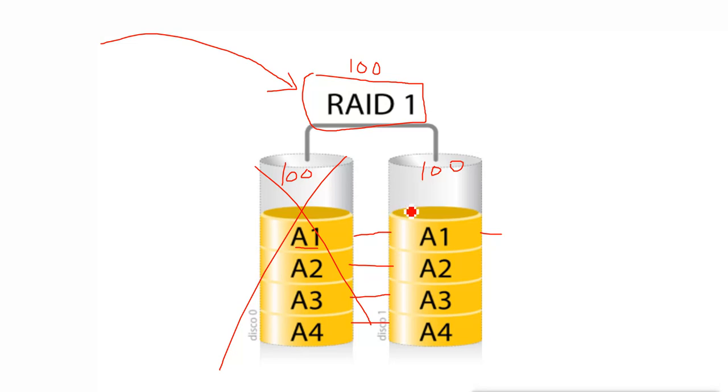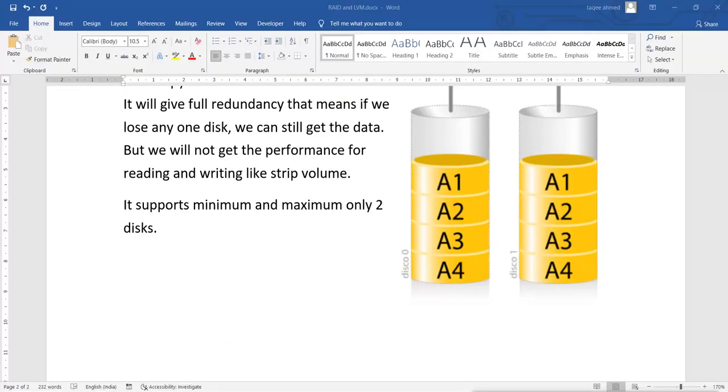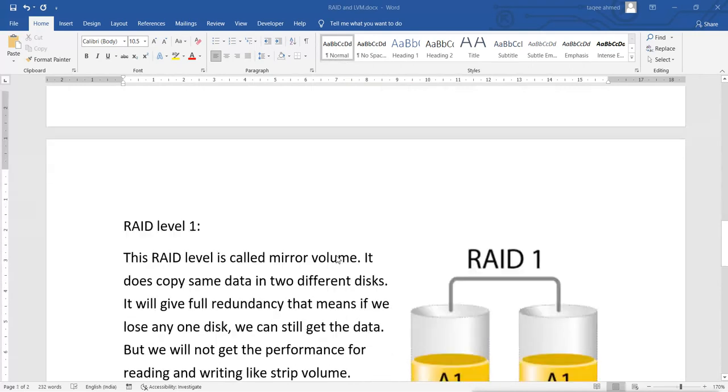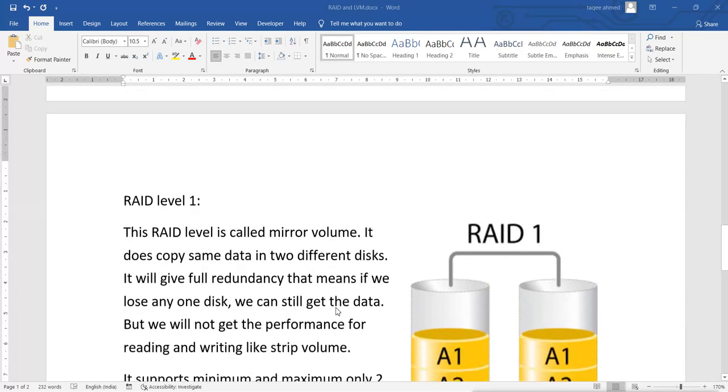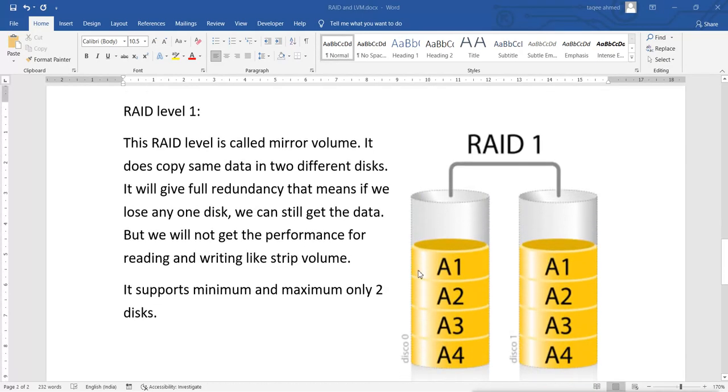So RAID level 1 is mostly used for the operating system, so that the operating system will always run, and the other things you can manage. For the data, mostly we use another level. In RAID level 1 it supports only 2 disks, because it creates the mirror image from one disk to the other.